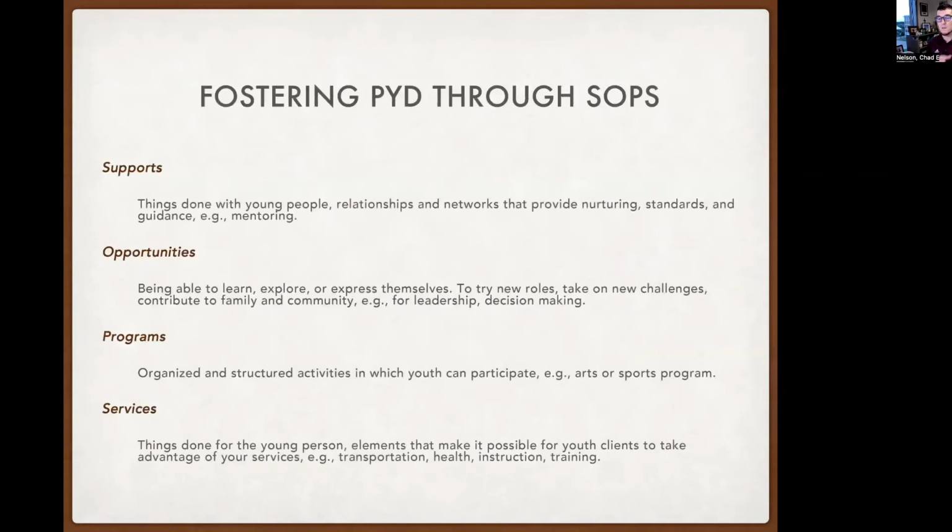Now, there is something called SOPs: supports, opportunities, programs, and services. We can foster this intentional, pro-social process through supporting young people. As you can see here on the slides, that's relationships, mentors, coaches. I'm sure if you reflect back, you can think of a coach or teacher or mentor who really made a difference in your life. And then you think about the opportunities those coaches, teachers, and mentors gave you. And then there are certain programs put in place, and then services.